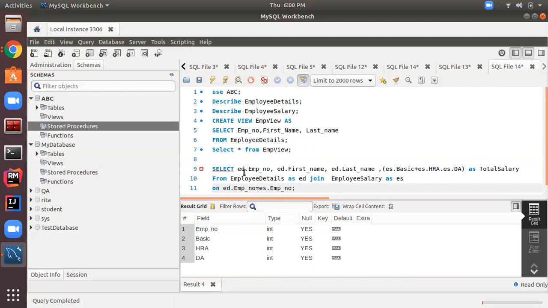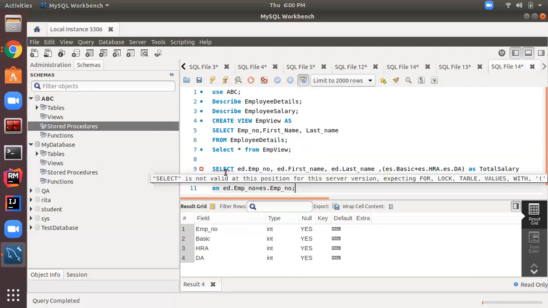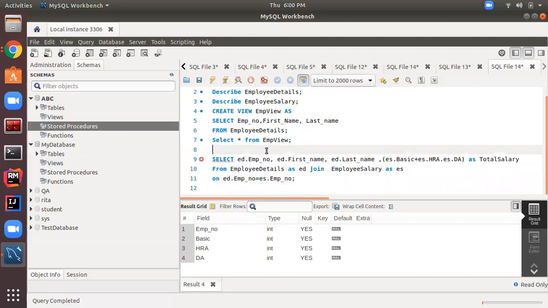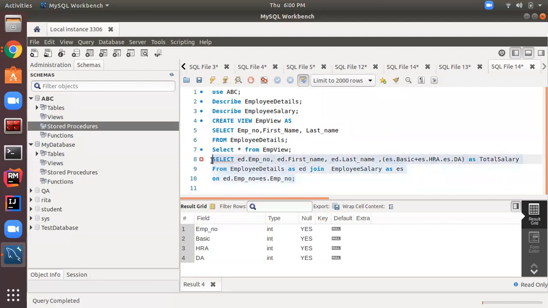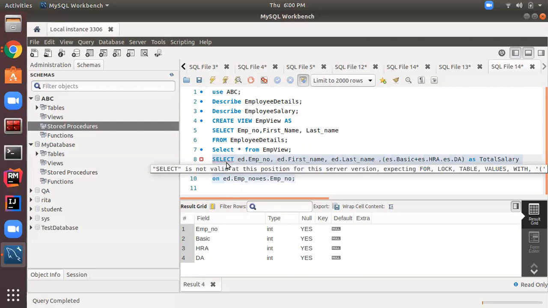Let's execute this. What problem is it giving? It says select is not valid at this position. Sometimes after the view it gives us this problem. Let me delete this and copy paste it.